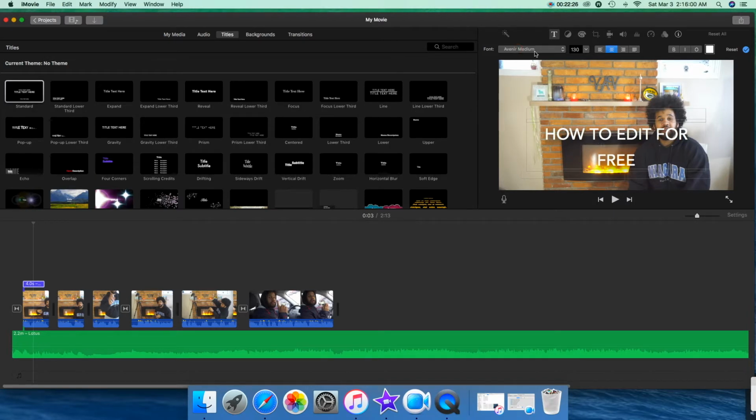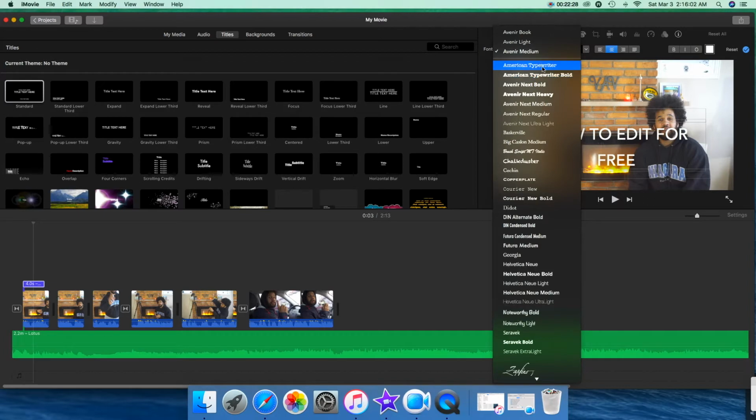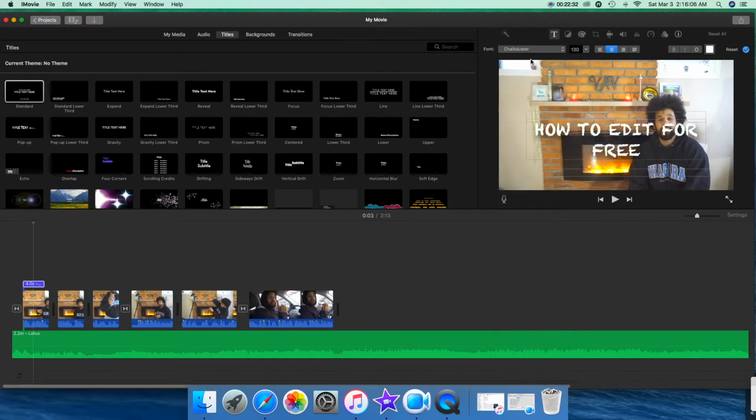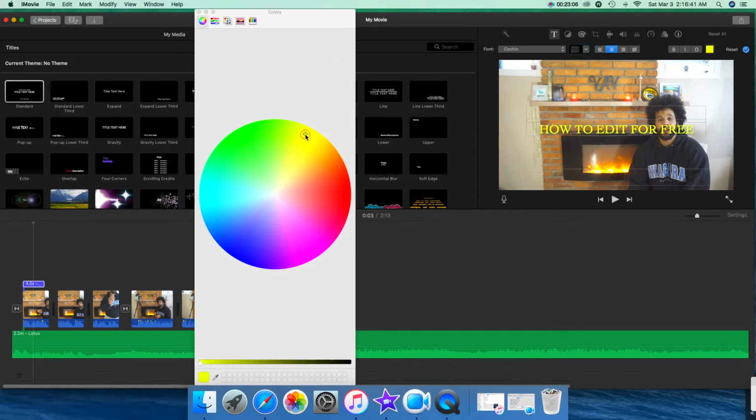I'm just going to put this for fun, and this we can change the text up here by going to the font tab, and you can see all the different types. Let's see, we go with that. We can change the size, make it small, or we can manually type in a number. So say we want 100,